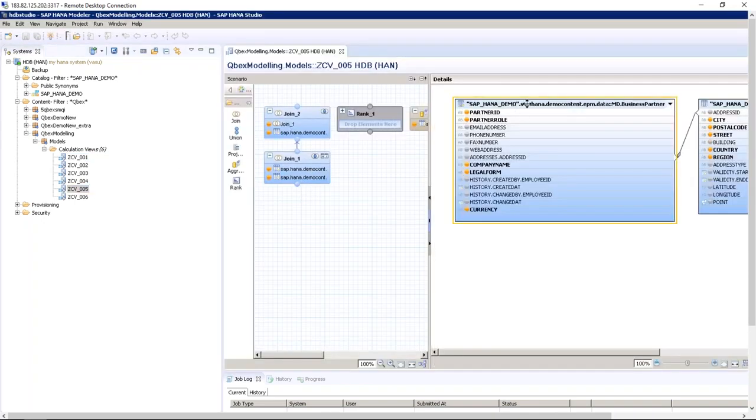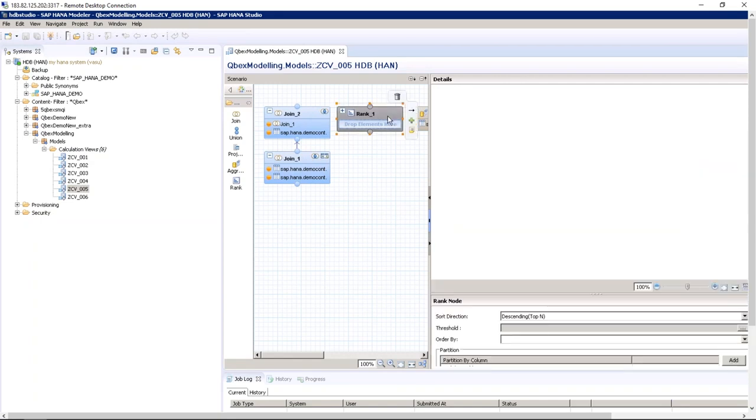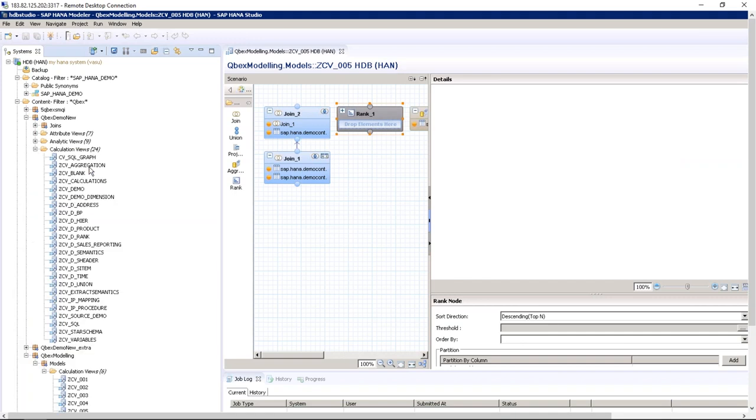It need not be a table always. Instead of a table, I can use another calculation view as the source. Say, for example, in the rank node, instead of using a table, I can use some calculation view. Say there's another calculation view, I can use that here. I know it's not active, but